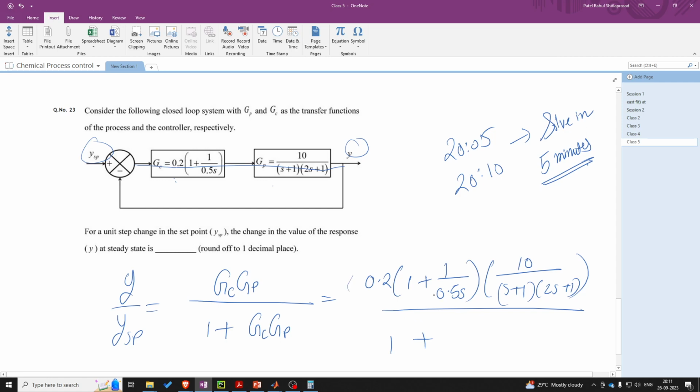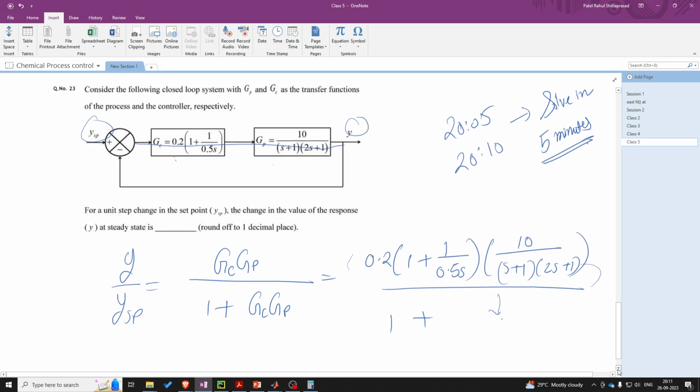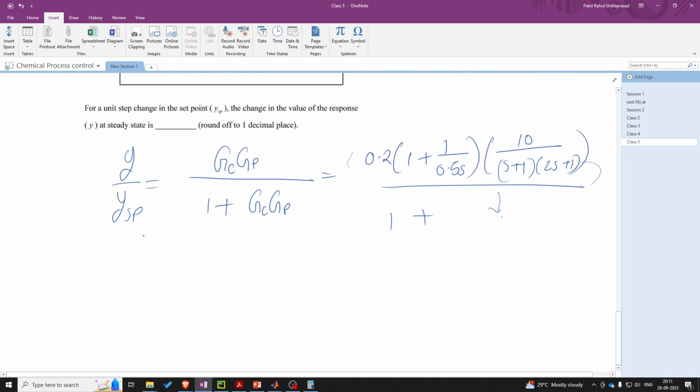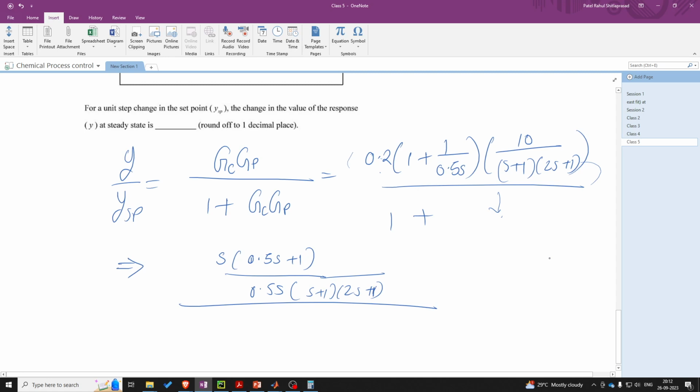So basically this entire term will come over here. Let's simplify this further. It will become 0.2 into 10 is 2, 2 into 0.5s is 1s, that is basically s into (0.5s plus 1) upon 0.5s. So we just simplified these three terms, and then we will be having (s plus 1)(2s plus 1), and this entire term will also come in the denominator,